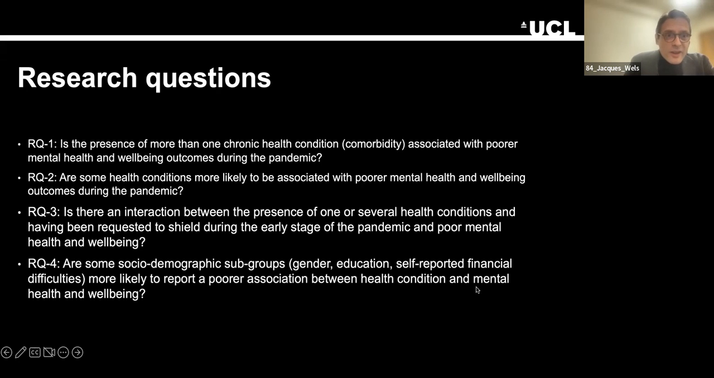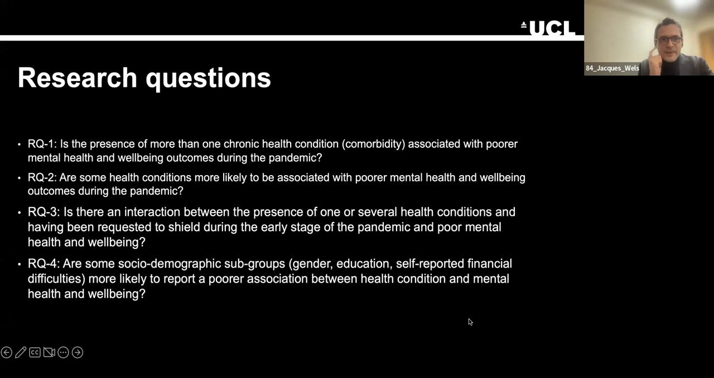Third research question, well, as you all know, and I'm going to develop that a bit later, there's a shielding status that was developed at the early stage of the pandemic, and some people received a letter from the NHS asking them to shield. And we discovered in the data that some people declared receiving the letter from the NHS, but didn't report any health condition, which was of interest. So we did an interaction between health condition and shielding status